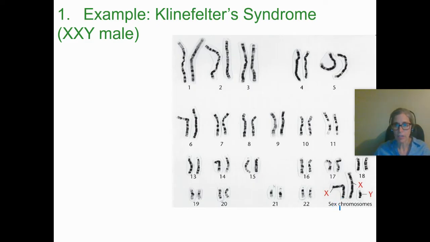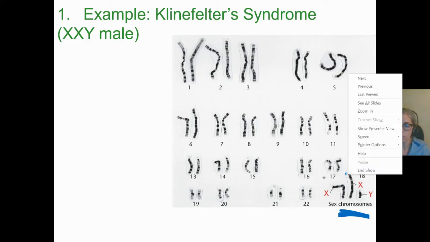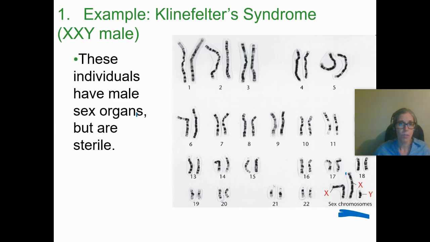Again, don't memorize that it's Klinefelter's, but do notice the difference here. So most boys have 0 bar bodies because they only have one X chromosome. These boys will have 1 bar body because they have 2 X chromosomes. So they're male, they have male sex organs, they are, I want to say, usually sterile, they have